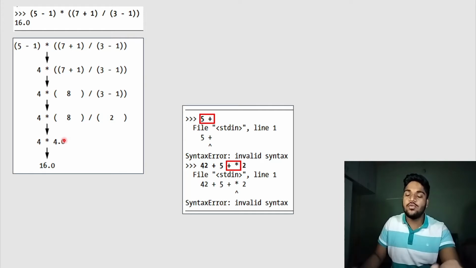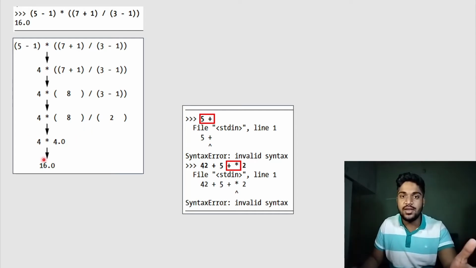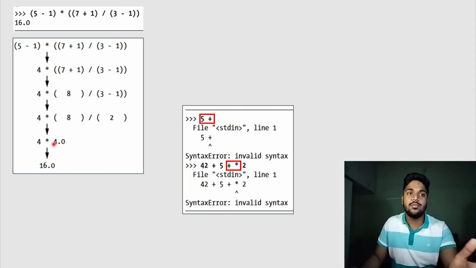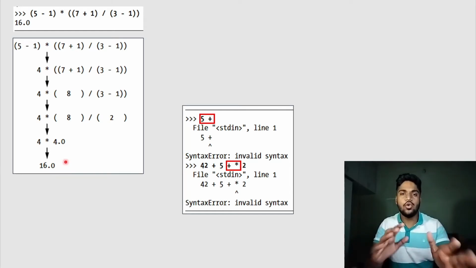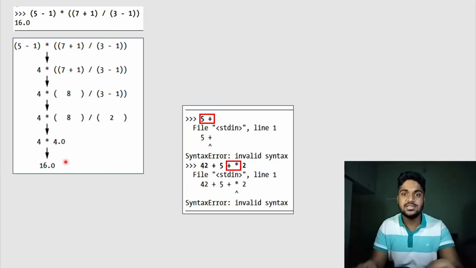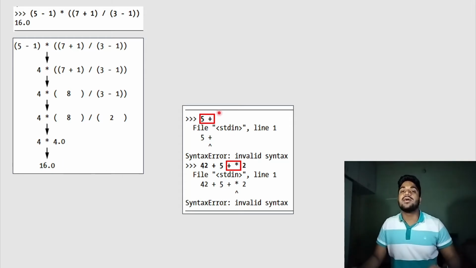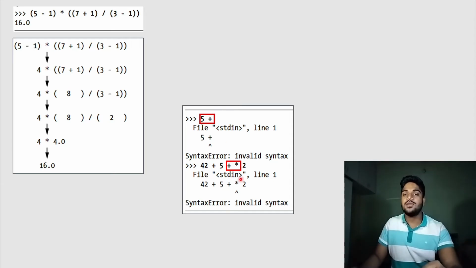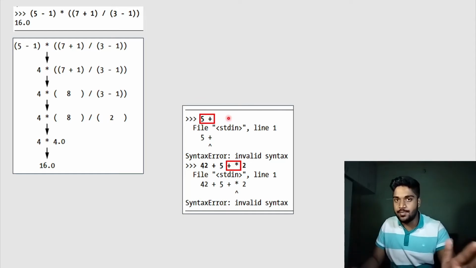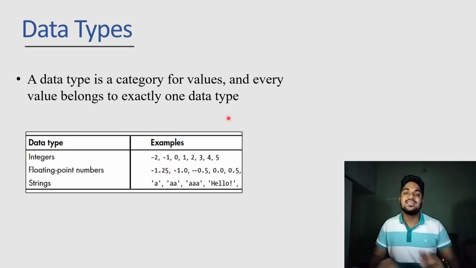And then it will solve this whole bracket, 8 divided by 2, and it will give you 4.0 because we have used single division, which will give you the entire value, like a float value. Then it will do the multiplication, and the answer will also be a float value because 4 multiplied by 4.0 is 16.0. So this is what Python will do. Python will follow all the steps of mathematics. You don't have to worry about it. As I told you, each operator needs 2 values to be performed, so we get an error if we are not able to give it the values it requires.